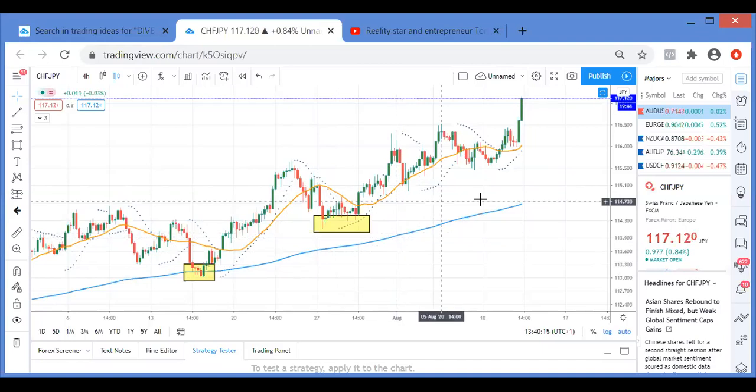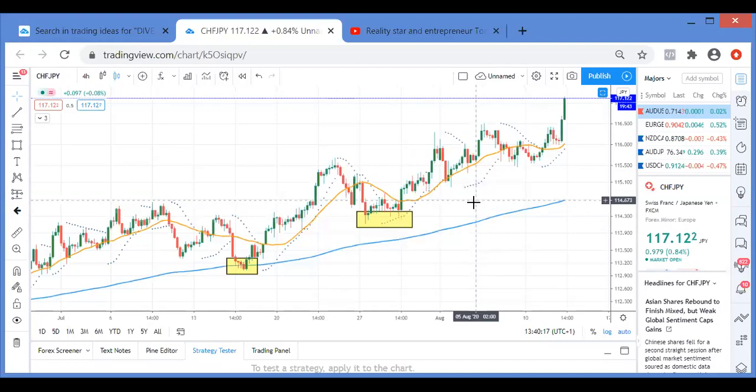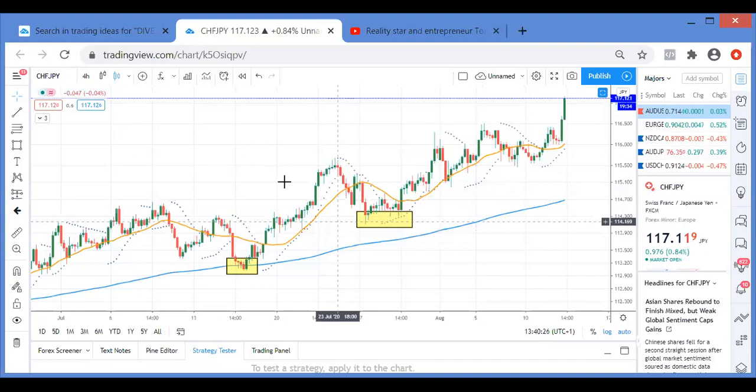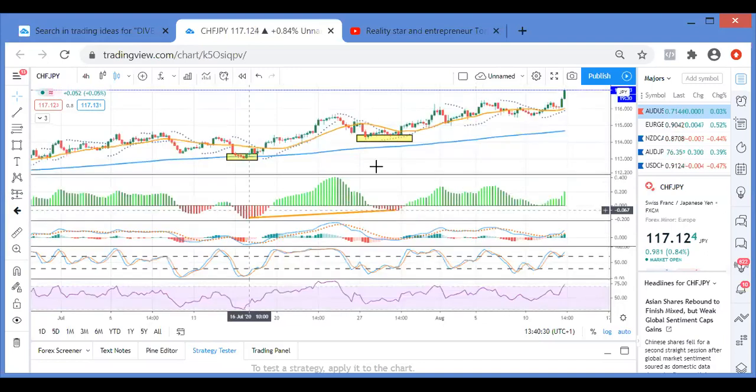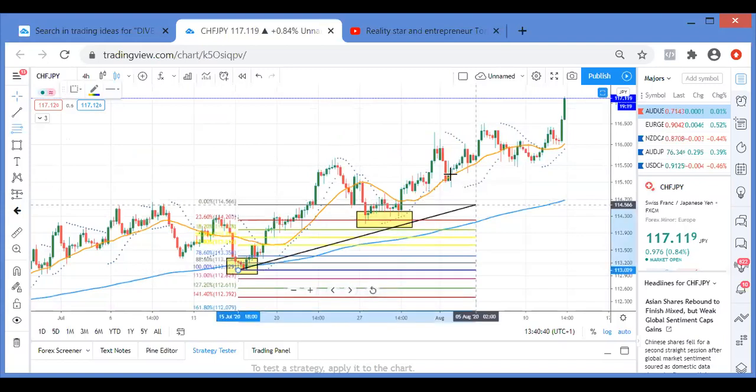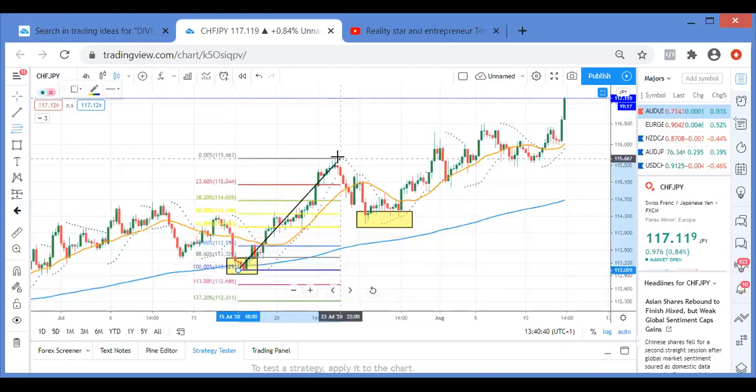So look, as an example, this low is higher than this low. Now, just say for instance there was hidden divergence here, but there's none. But let's just say there was. So how do we identify our entry? Simple. Fibonacci from the bottom to the top, this top here, and we drag it across.